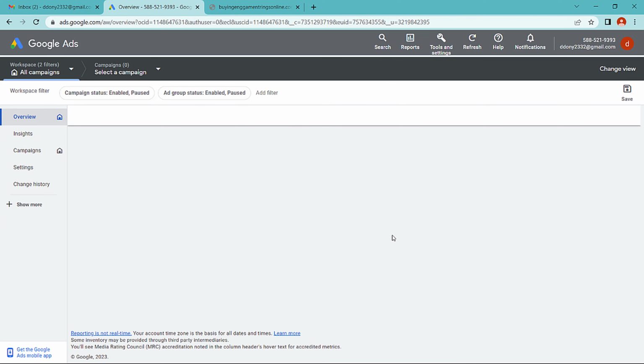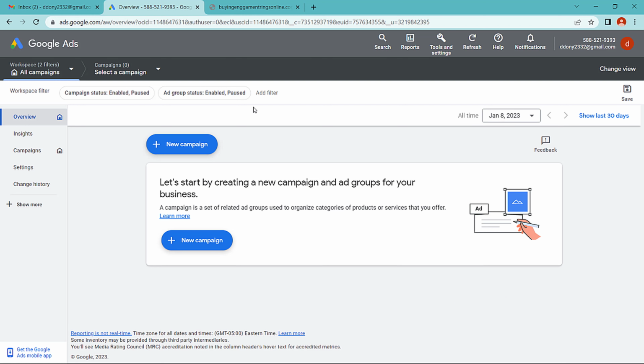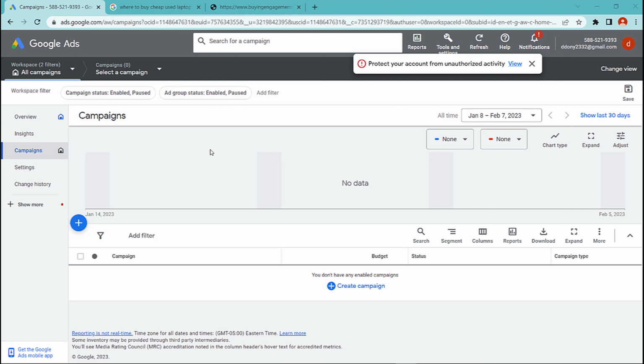This interface is the new interface of Google Ads or Google AdWords 2023. Click new campaign. Okay, it's brand new in Google Ads.